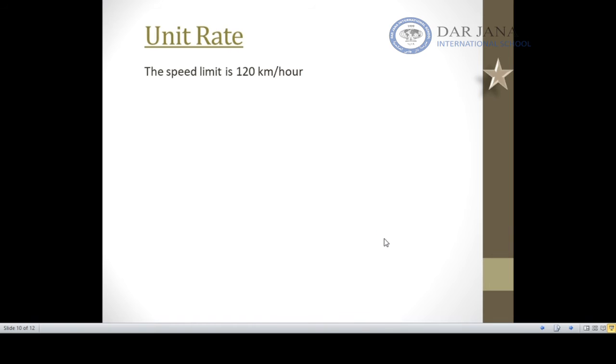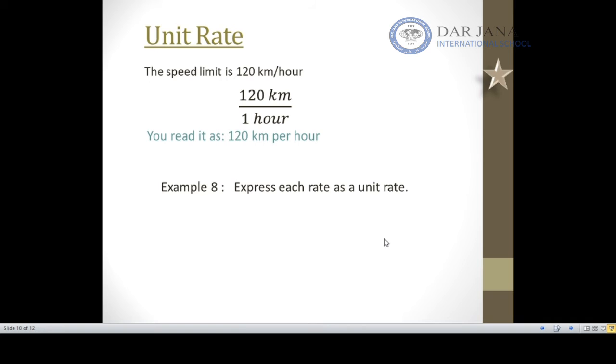Let's work out and see how this works. The speed limit is 120 kilometers per hour. That is 120 kilometers over 1 hour, and you read it as 120 kilometers per hour. In example 8, express each rate as a unit rate. So you have 16